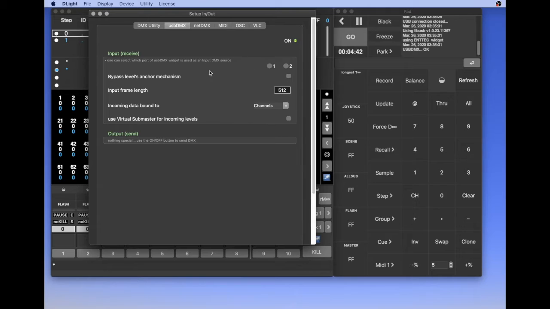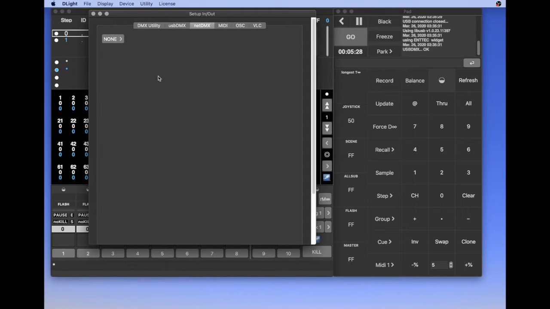After, all of that are for incoming DMX, but we will see it for other stuff like NetDMX because it's the same. So there is nothing more to say about USB DMX. I suggest you to use not USB DMX interface, but Ethernet DMX interface, because the DMX signal is stronger. The power of the DMX does not result of your USB connection in case of NetDMX, and DMX is stronger when you use NetDMX.